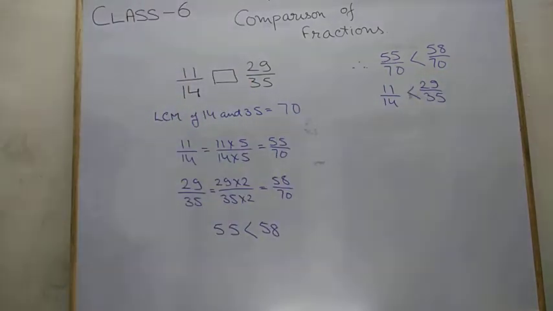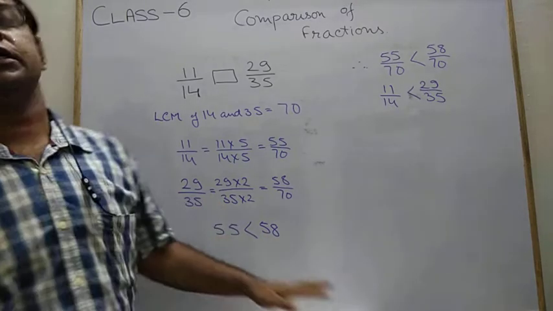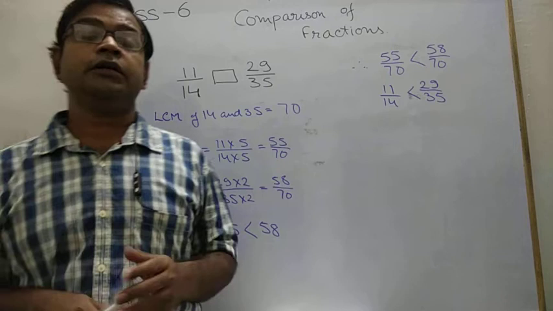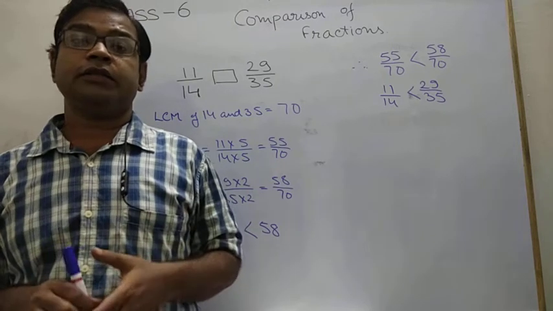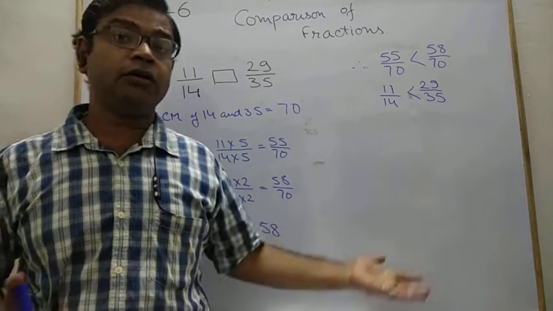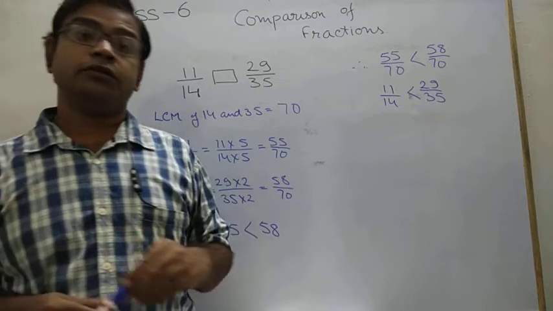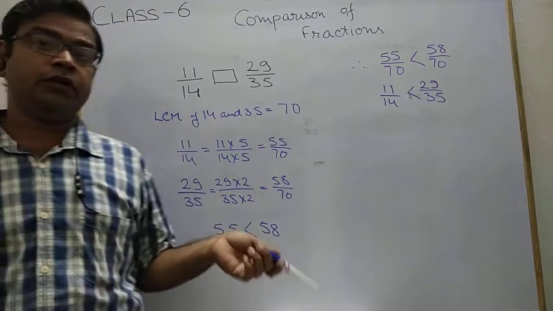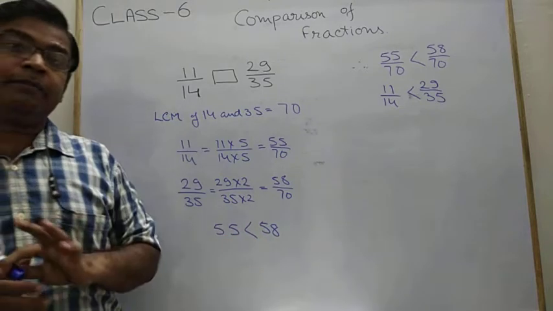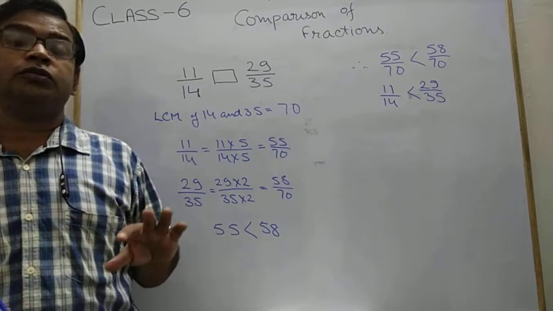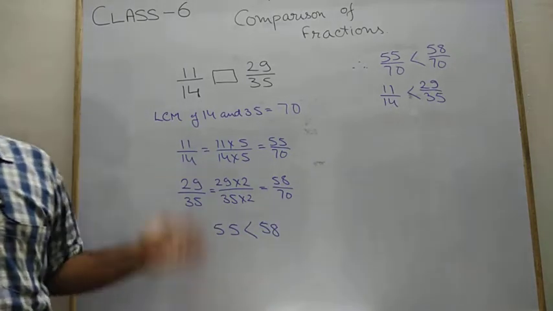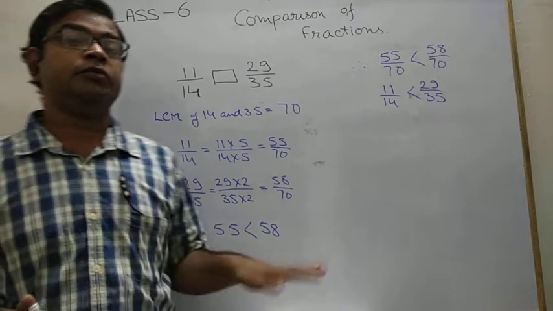This is your solution. After this, one more type of question arises: arrange the given fractions in either ascending order or descending order. For solving that, again we use this process to convert into like fractions, then compare the numerators so that we can easily say which one is greater and which one is smaller. Let's discuss one more question and we end today's part.